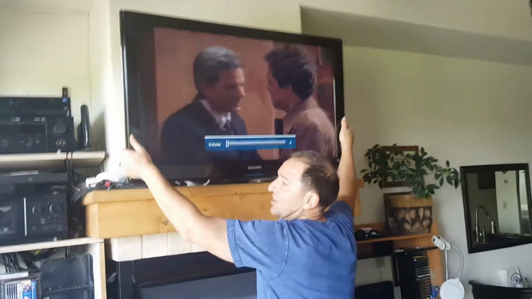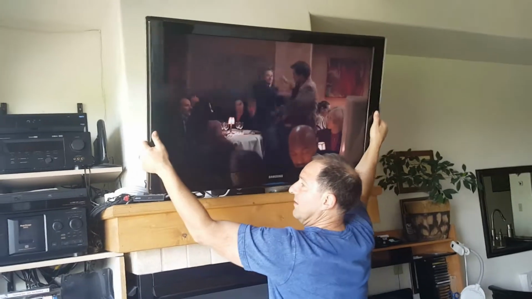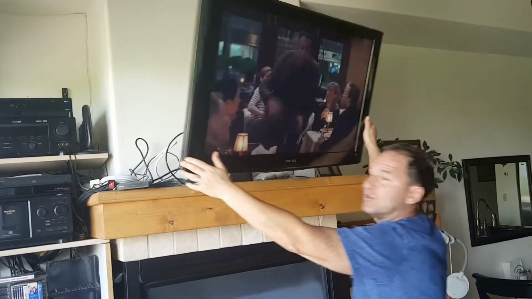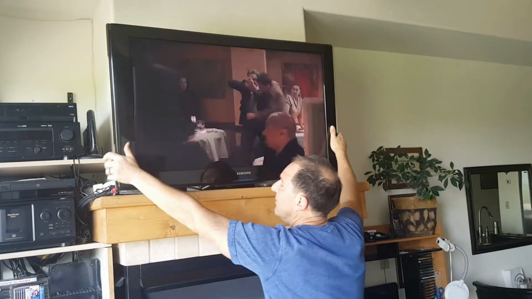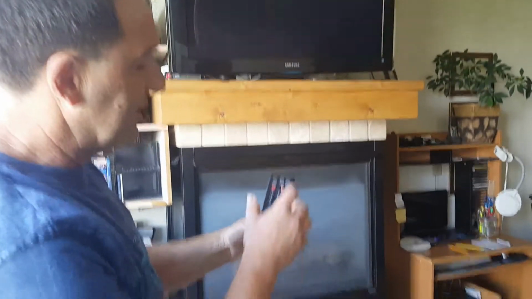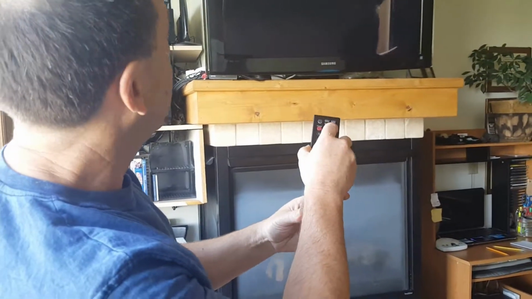And you can actually position this, you can tilt it, and position it in such a way that is suitable for you. Okay, so we talked a moment ago about our source button here. So right now, we're actually watching Dish Network satellite. If we push the source button,